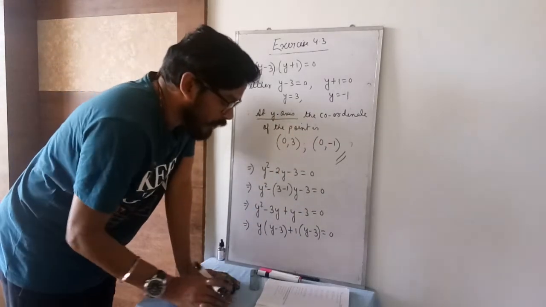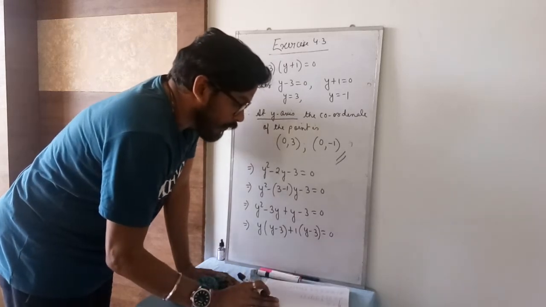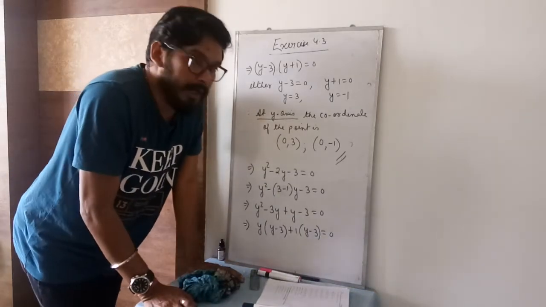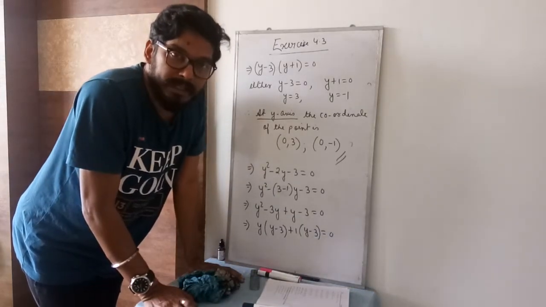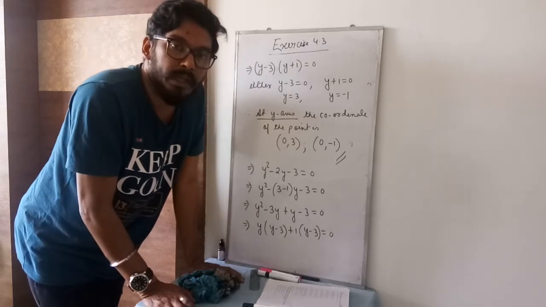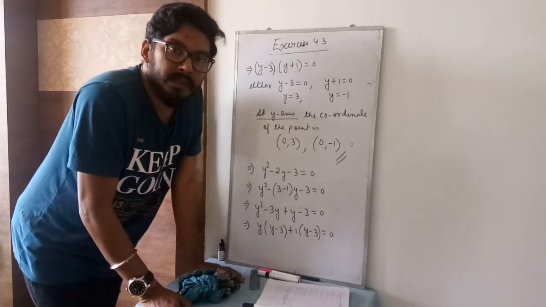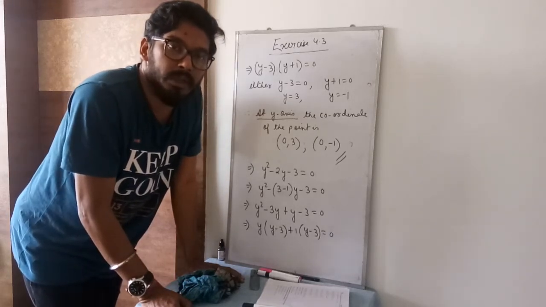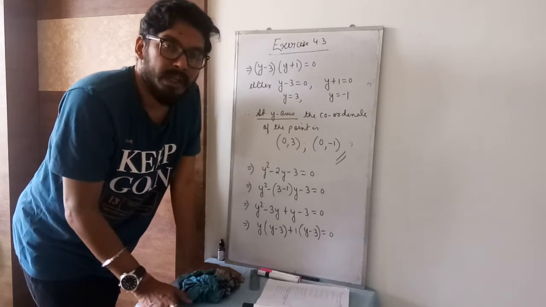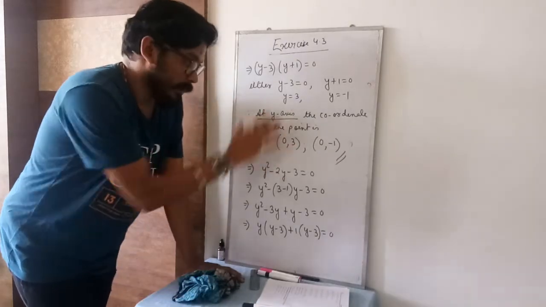So rest you can proceed in the same way. So when you find out the coordinate of the point at x-axis, you will take y value 0, put the value of y as 0 in the given equation, you will get the value of x. Again for y-axis you will take x value 0, put that value of x as 0 in the given equation, means in the question itself, you will get y value. Then at last statement you will get it at x-axis and y-axis. Take the screenshot.